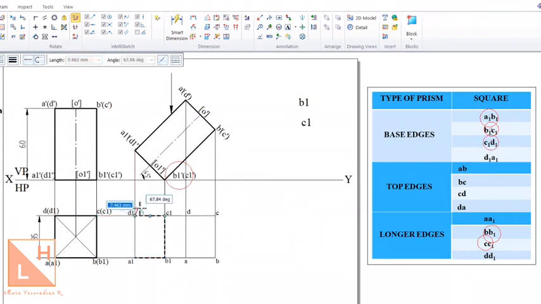So from C1 to D1 you draw it with a dark dotted line because it is a hidden edge. D1 A1 AB will join all this because these are all going to be visible edges. The next hidden edge is B1. So point B to B1. It's as simple as that. If it is B1, locate the point B and draw a line till B1 with a hidden edge line. And C1. Point C is here, C1 is here. You can join it with a hidden line.